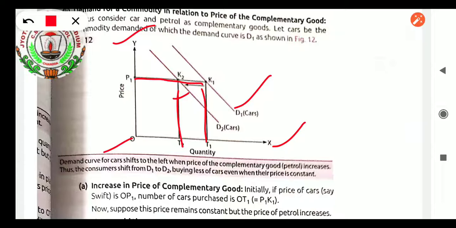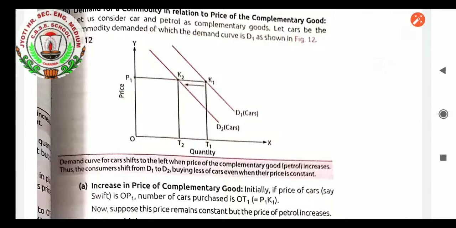What effect are we seeing there? If they take fewer cars, or do not buy the car, definitely the demand for petrol will also decline. So in complementary goods, if the price of one of the related goods increases, it affects the purchase of the other good also. That is the impact. So car demand has declined and purchases have decreased. Why? Because the petrol price has become higher. This is an increase in the price of a complementary good.